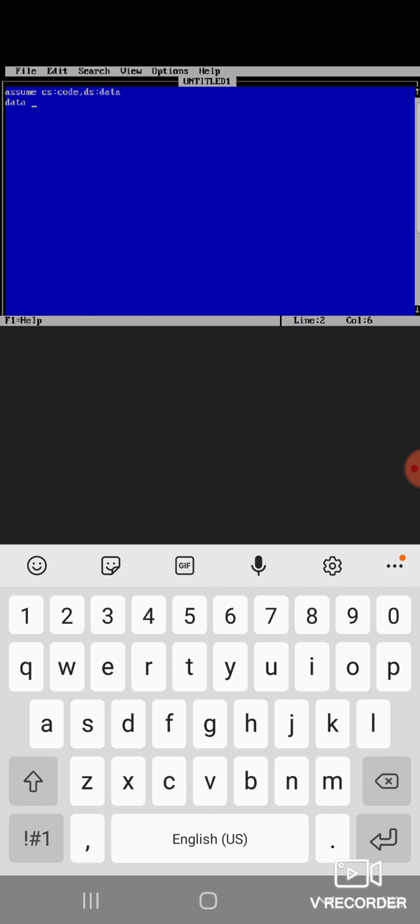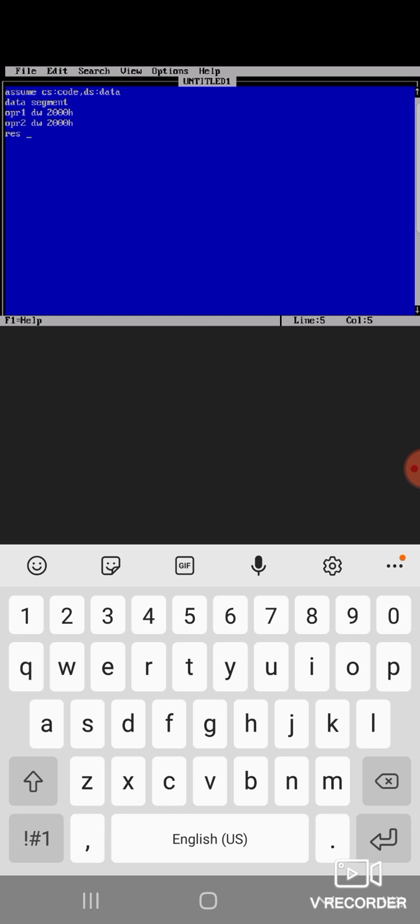the data segment. After starting the data segment, you need to give the inputs. So operand 1, the first input, size of the input is 16-bit, DW, and the first input I am writing is 200H. Then you write the second operand, OPR2, size 16-bit DW, and again I am giving the same input, 2000H. So two inputs are given, operand 1 and operand 2.